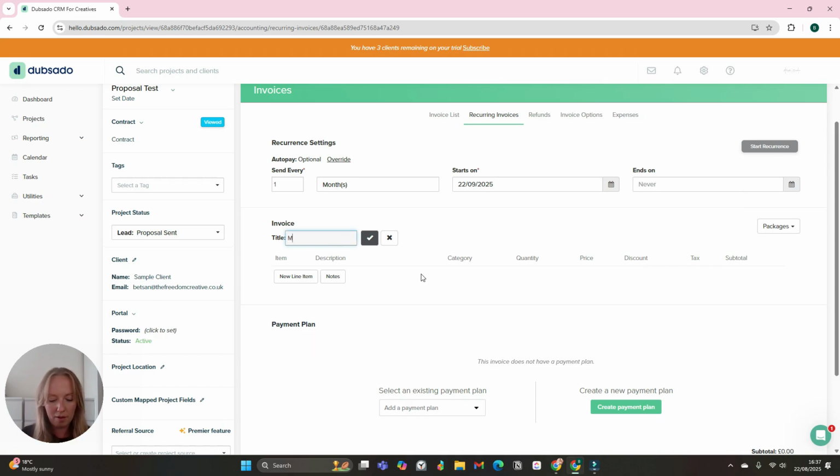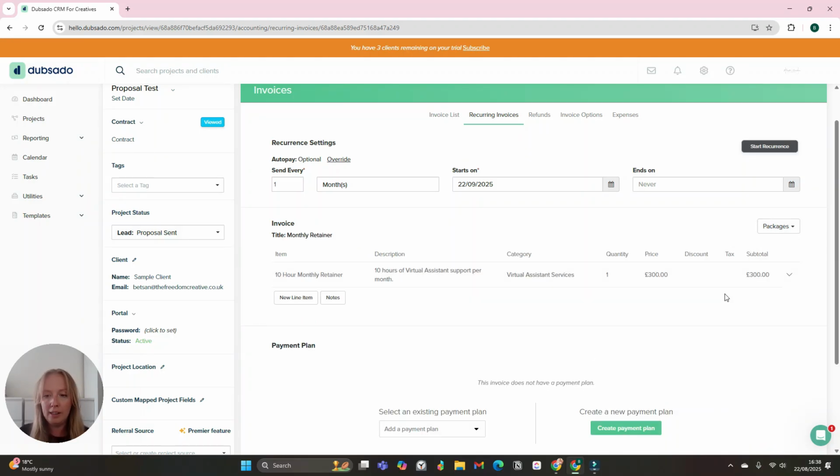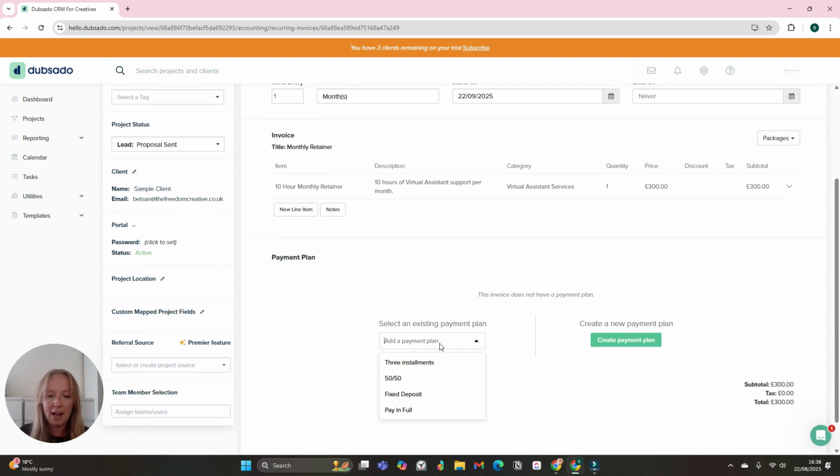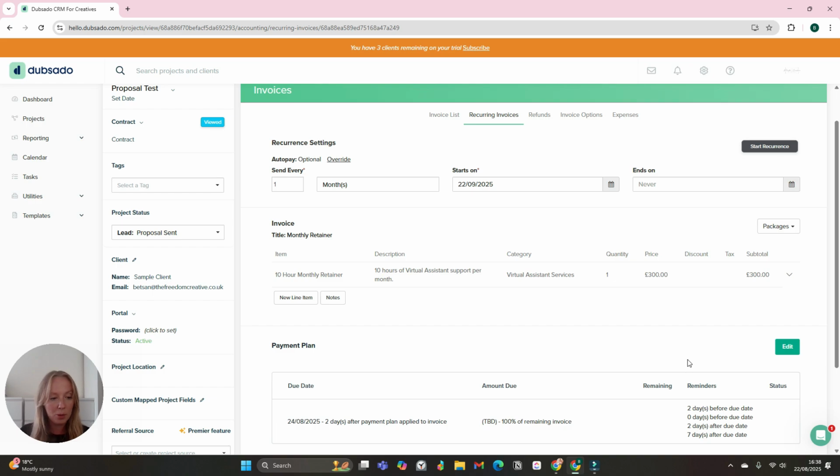So whatever the title of your service, you can add your packages on, and then go in, and this is where I'd add the pay in full for my retainer clients. This is what I add. So then Dubsado will create the invoice for me